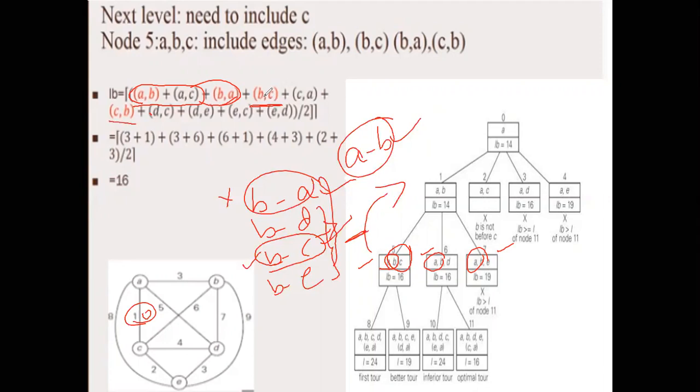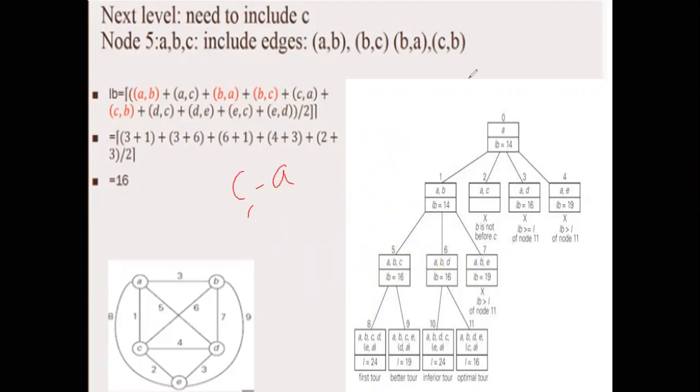So B to C, plus from the remaining, if there is a path from B to C, obviously there should be a path from C to B. So write down that, correct? So I will just show you that. C to A, C to B, C to D, C to E. What we are telling now, C to B to C, there is a path. So this you consider, C to B you consider irrespective of its value. From the remaining, identify the one which is minimum.